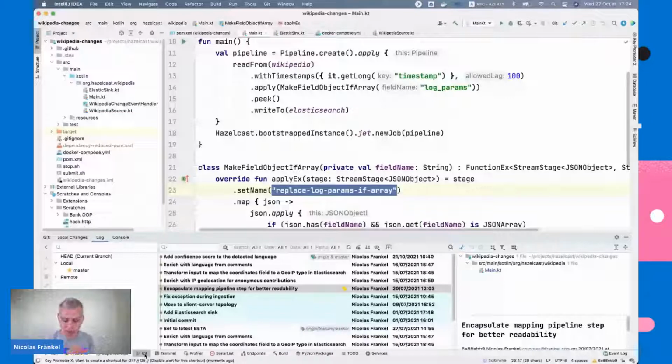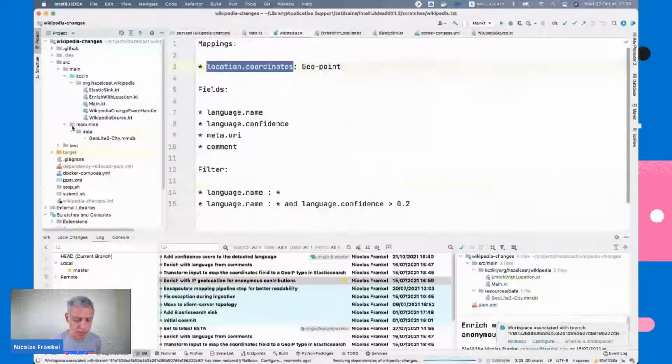So I found an API that allows you to do that. First, what you need to do is download their database, and afterwards there is an API to query the database. So everything happens on the nodes.